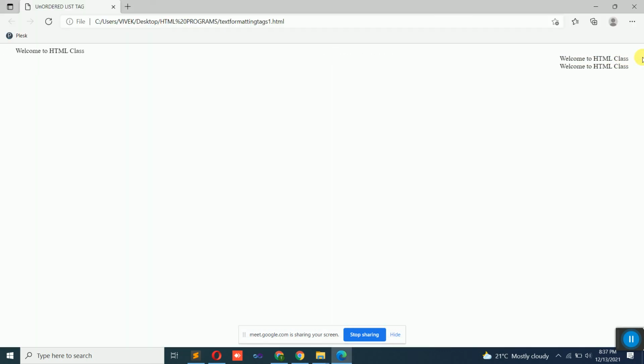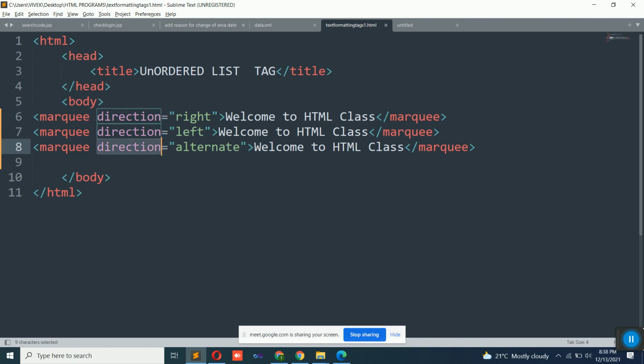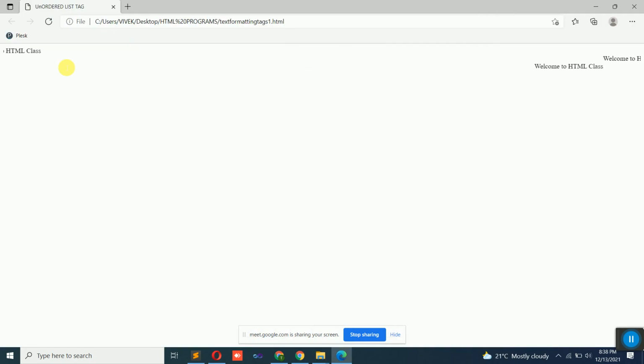So now you can see there are two text coming from the right side and going towards the left side. Let it reach the end. Now see the difference. Observe these two tags. Here the two tags went inside. That is because it is not direction. There is a tag called behavior. Sorry, it is not actually the direction. The attribute name is behavior. So when you click on behavior,